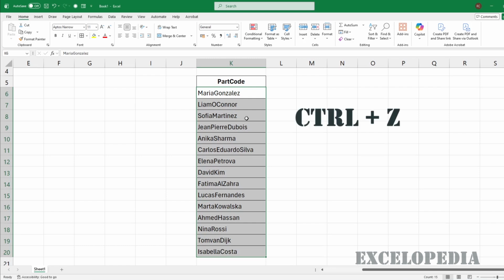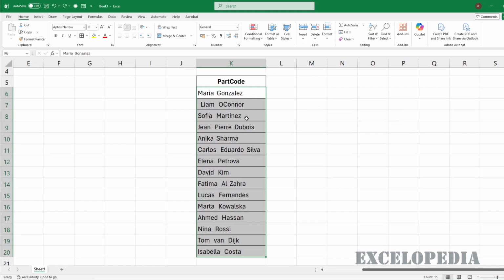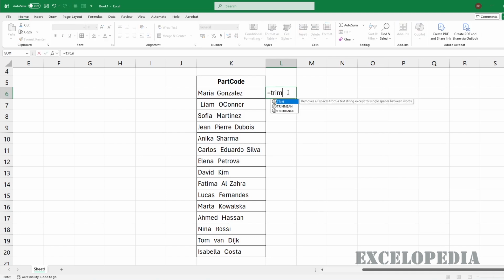Okay, I'm going to press Control Z. Okay, now let's see what else we can do. In Excel, there is a function called trim. I'm going to come here. I'm going to enter equals trim, bracket open. I'm simply going to select this cell, close the bracket, and if I press enter now, and if I come